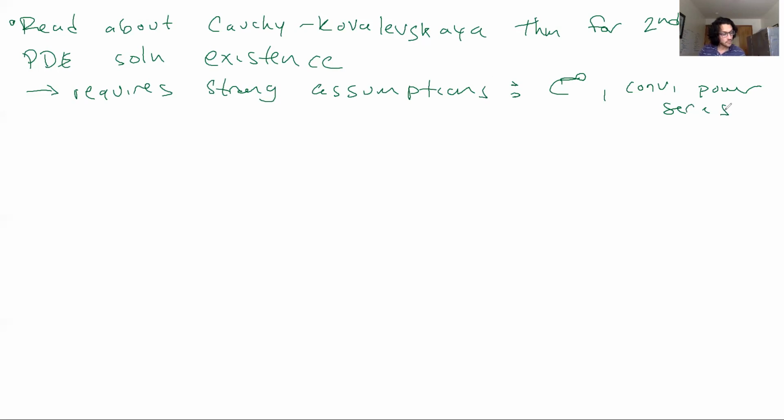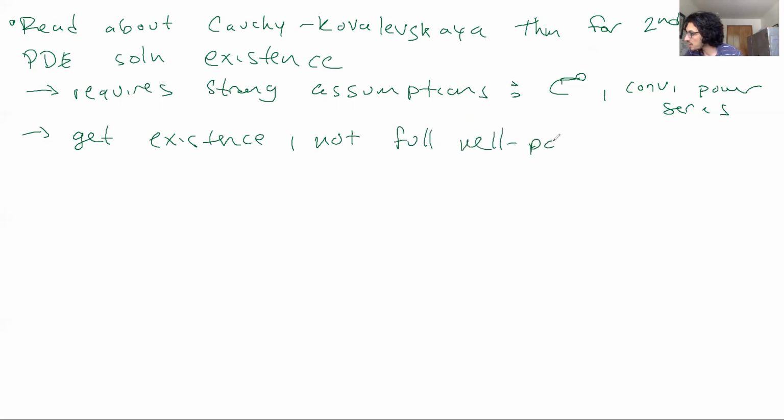And the basic result is really just that you get existence, okay, but not full well-posedness, okay? And oftentimes, you're not necessarily going to have a PDE where all of the components of the PDE are C infinity or have convergent power series associated with constituent functions, okay? And you usually need to assume something like C2 for uniqueness, okay? And so you can read that theorem, okay? But we're not going to